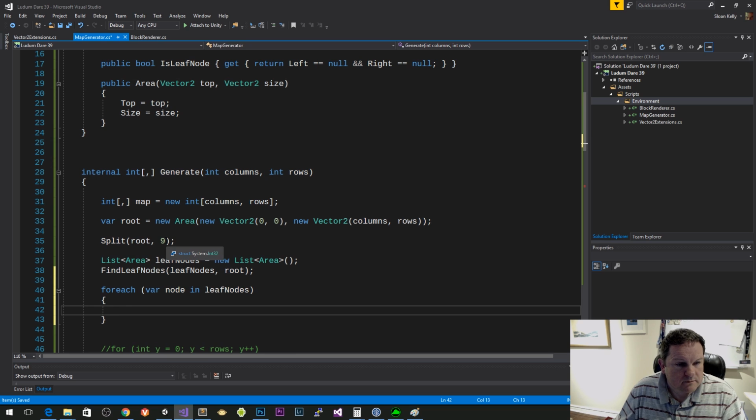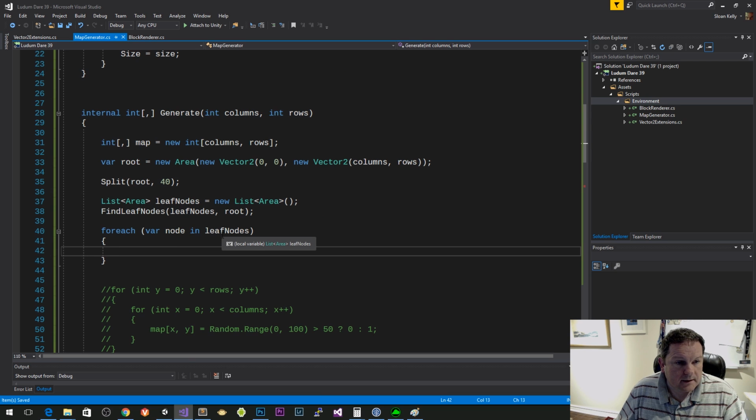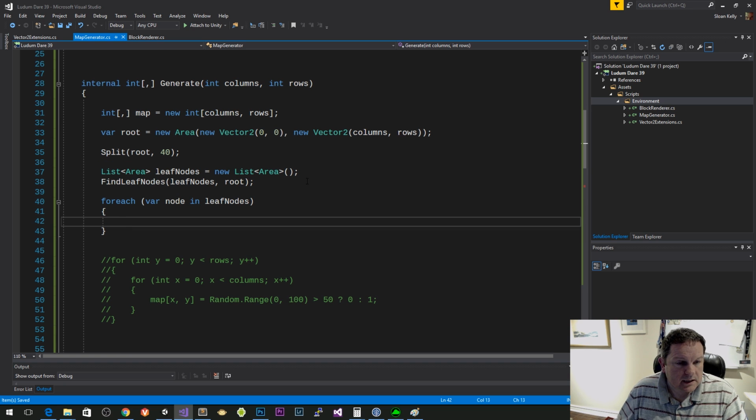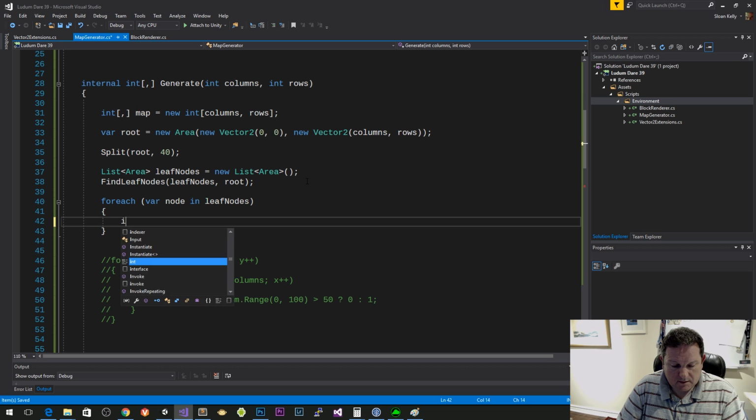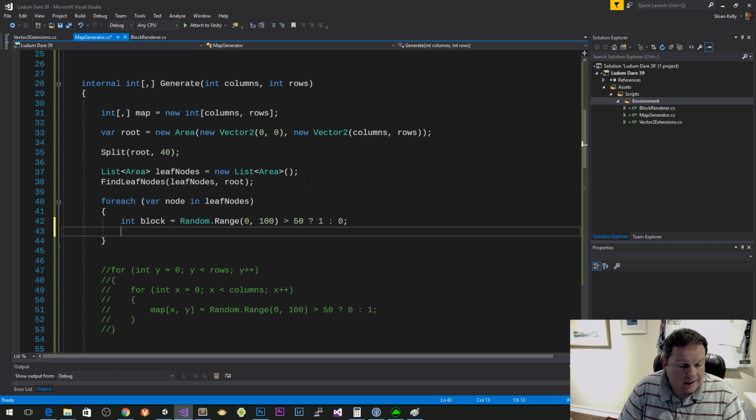and we can change the minimum size as well, so we can maybe make the minimum size 45 or 40, something like that. And that gives us less nodes. So I'm going to say int block equals random dot range 0, 100 and 50 1 0, and I'm going to say